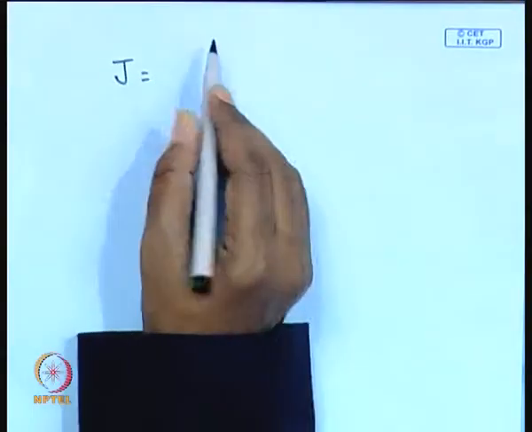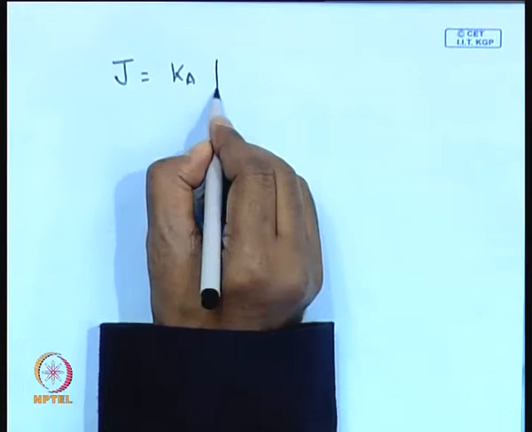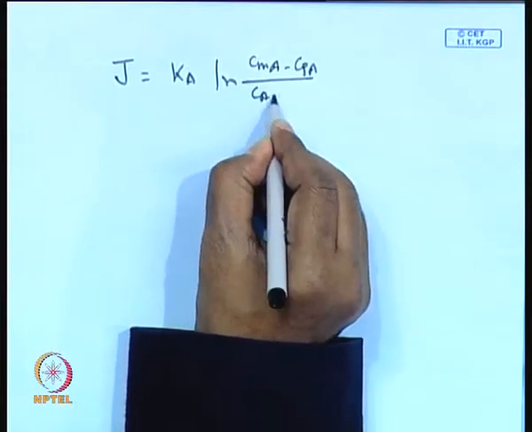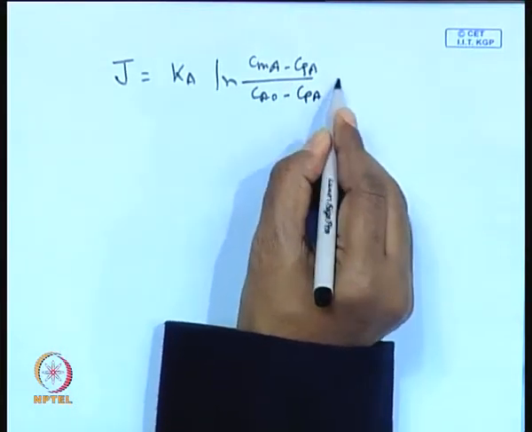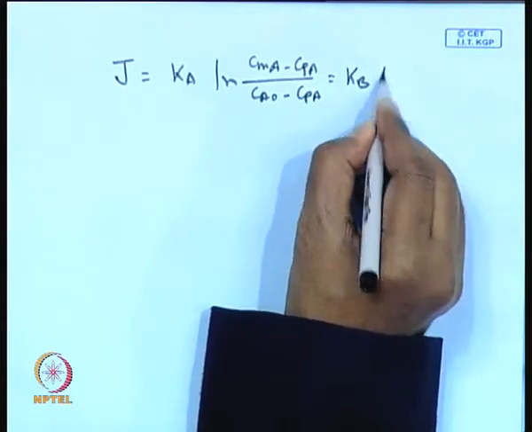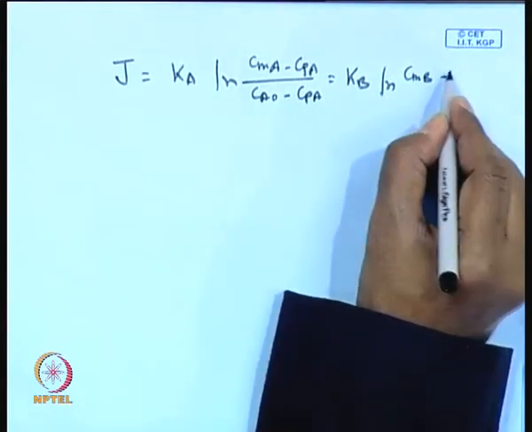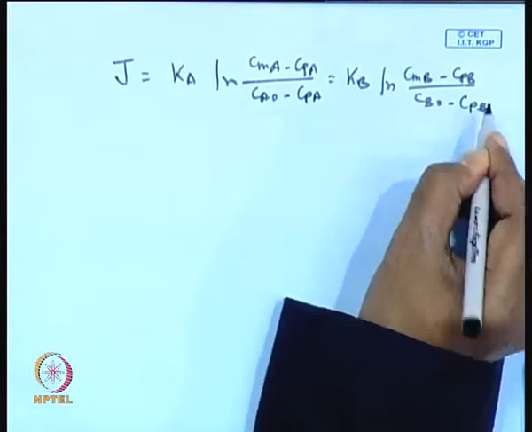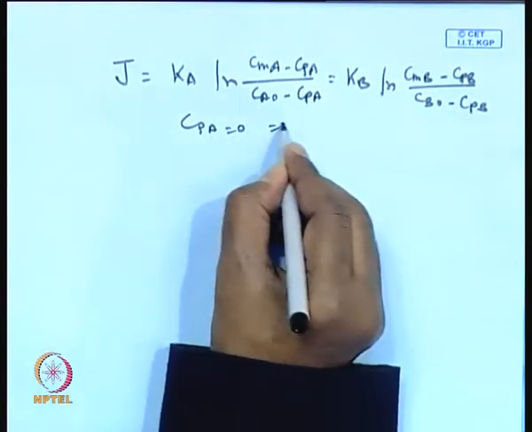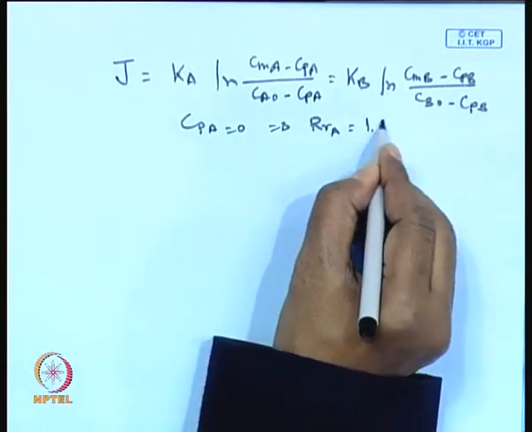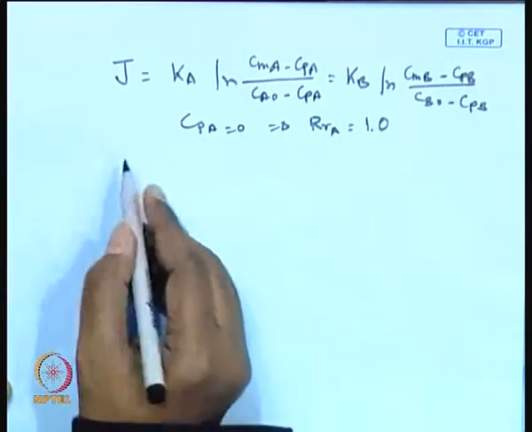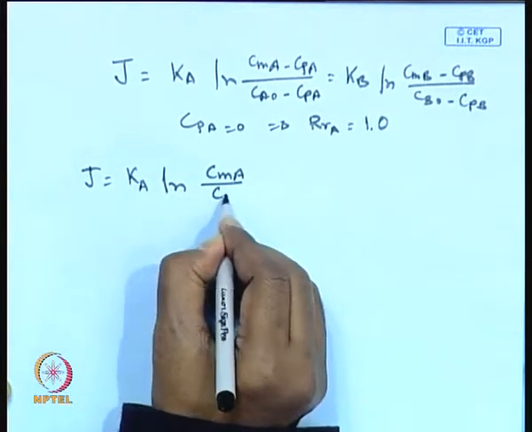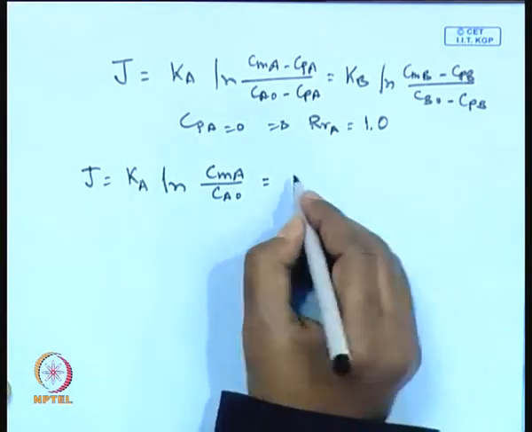So, we write one equation: J is equal to K_A ln((C_MA minus C_PA) / (C_A0 minus C_PA)), which is equal to K_B ln((C_MB minus C_PB) / (C_B0 minus C_PB)), and we have C_PA equal to 0 because the real retention of A is equal to 1. So you will be having J equal to K_A ln(C_MA / C_A0), which is equal to K_B